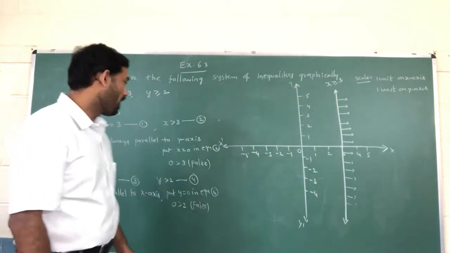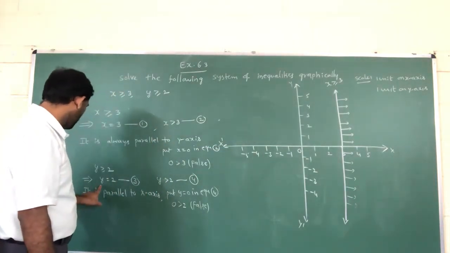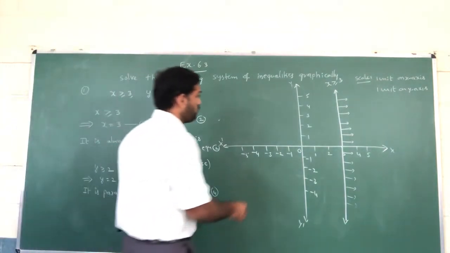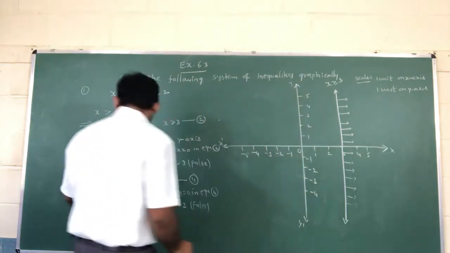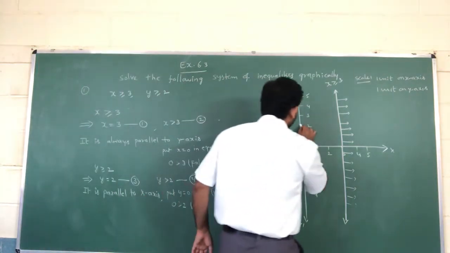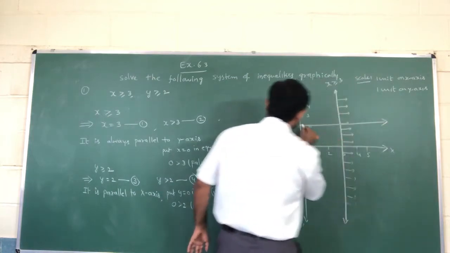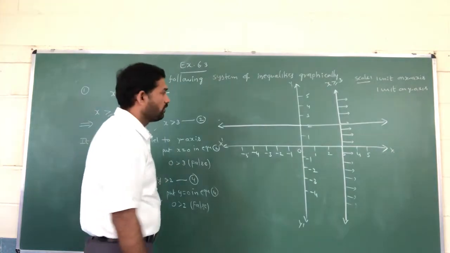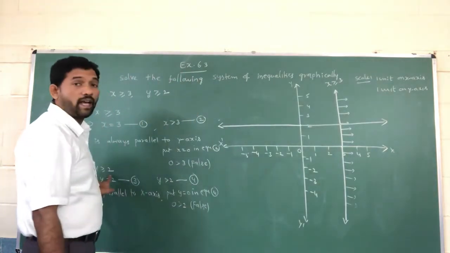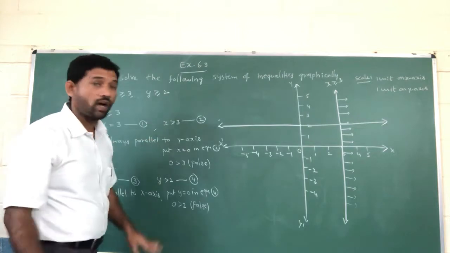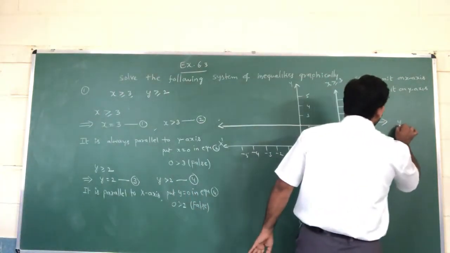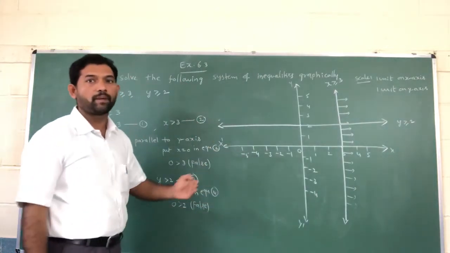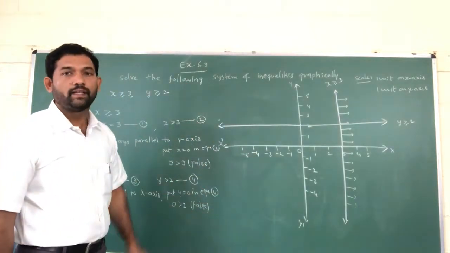Another graph is there. What is that? Y is equal to 2. Y is equal to 2 means this one only. So it is parallel to the x-axis. Understand? Now this is greater than or equal. Equal means you should take a dark line only. This is y greater than or equal to 2. You must also write the names; after representing, it is compulsory to write the inequality name.